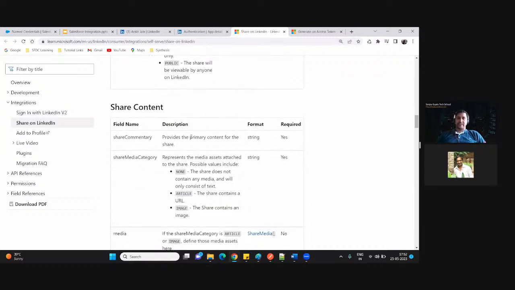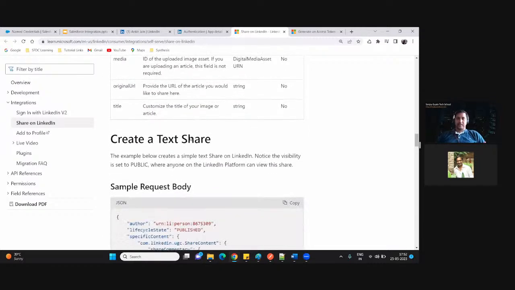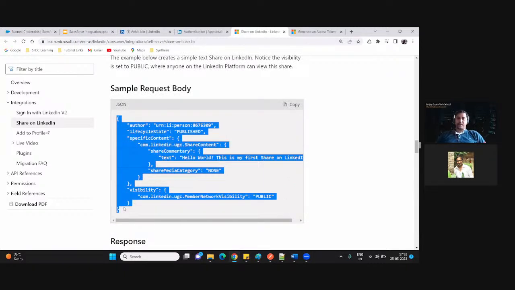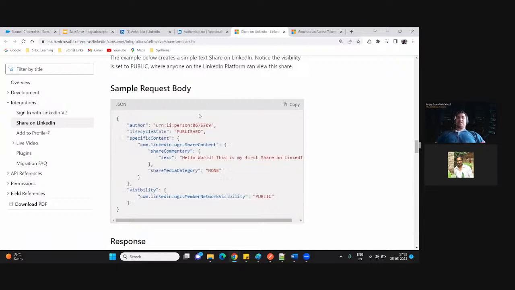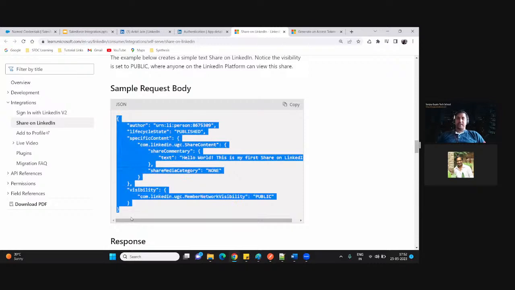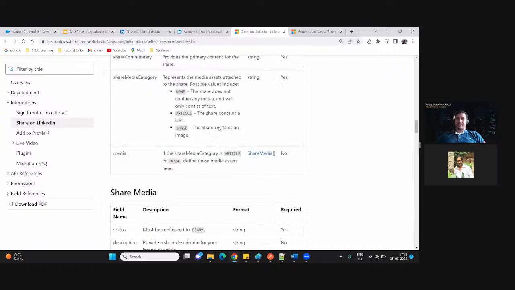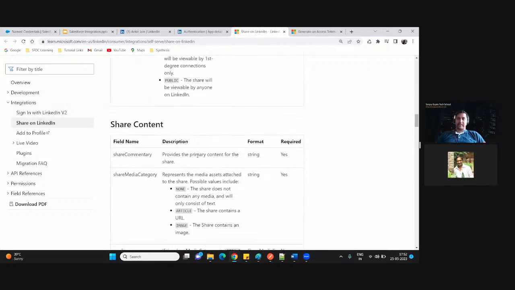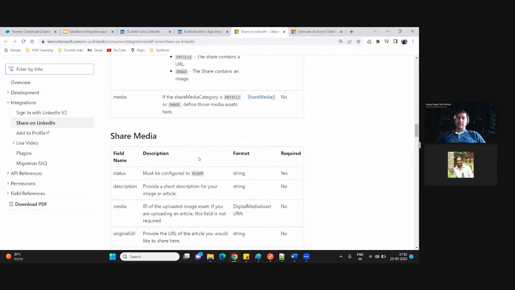They do have few additional contents as well. And they might have given a sample body. You can see here, they have also given a sample body here, right? They have also given here the sample body. So what kind of body that we have to send to the LinkedIn to post a message from the Salesforce? But if you follow this documentation, the first thing that they are asking here is to sign in on the LinkedIn. You can see here the first request that we have to specify here is we have to go and sign in on the LinkedIn. After sign in only, we can go and post the request.